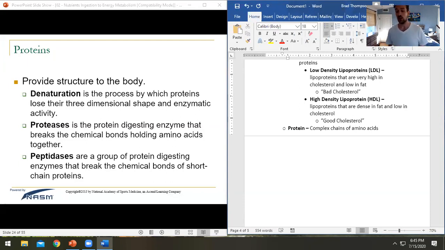Okay, so when your body is breaking these down, they're going to go through a process called denaturation, or they're going to denature those proteins. It's the process in which proteins lose their interesting shape thanks to enzymes. So when you look at a protein,